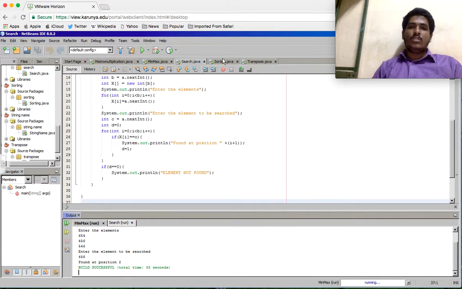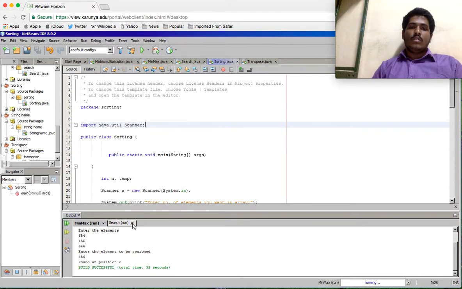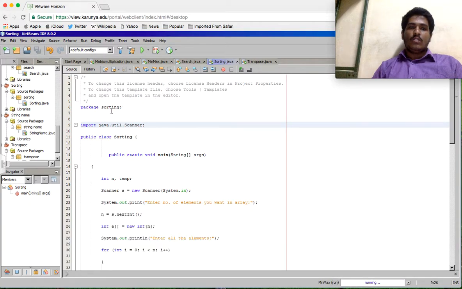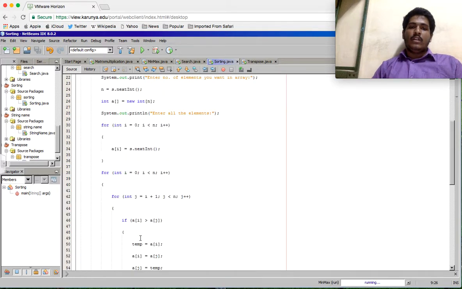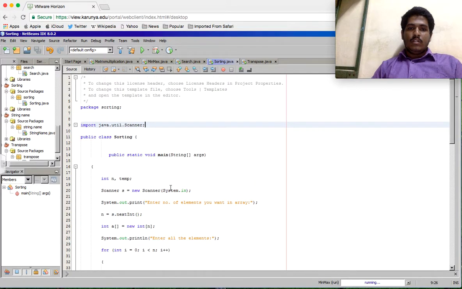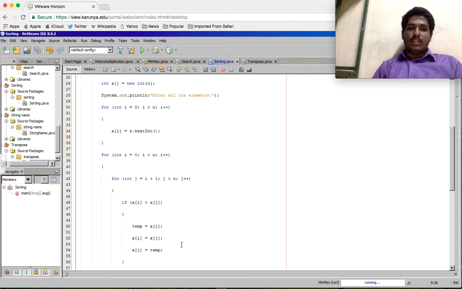Now I'm going to discuss sorting in Java. Sorting. Package sorting; import java.util.Scanner; public class Sorting { public static void main(String[] args) { int n, temp; Scanner s = new Scanner(System.in); System.out.println("Enter the number of elements you want in the array"); n = s.nextInt(); int a[] = new int[n]; System.out.println("Enter all the elements");